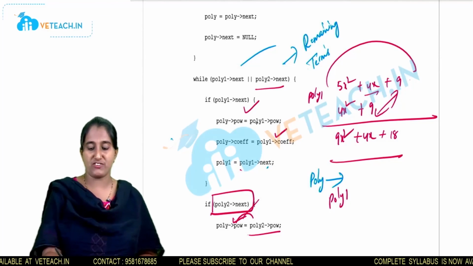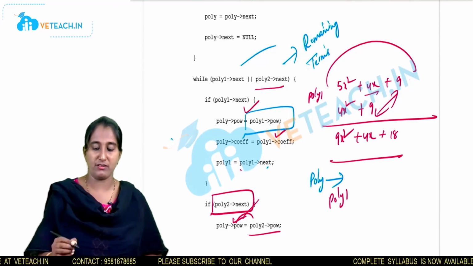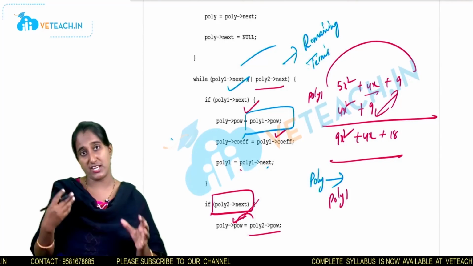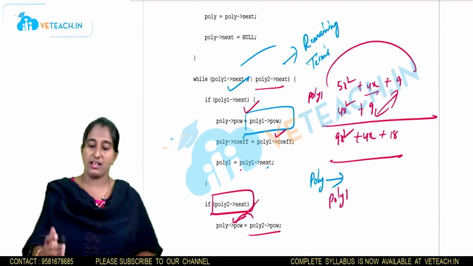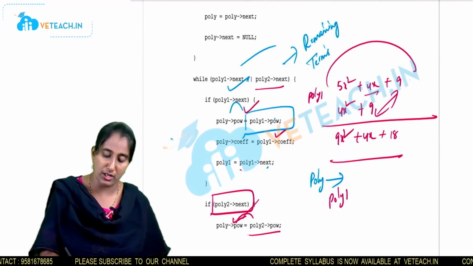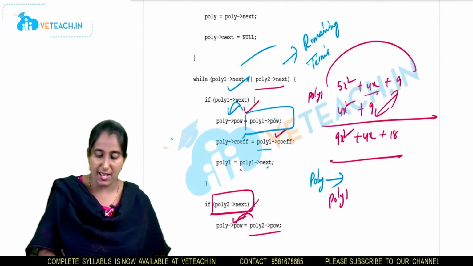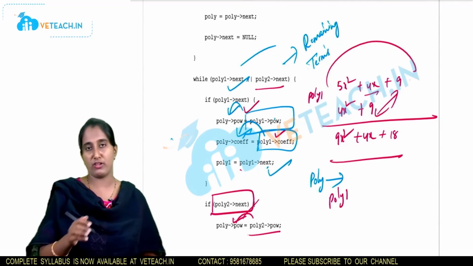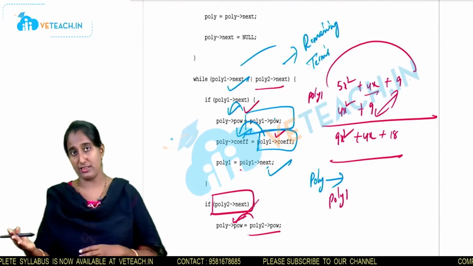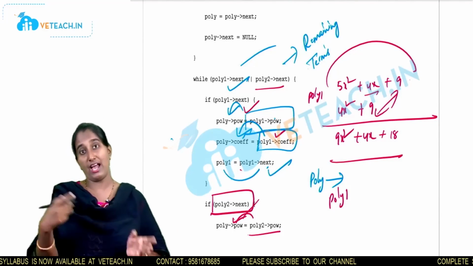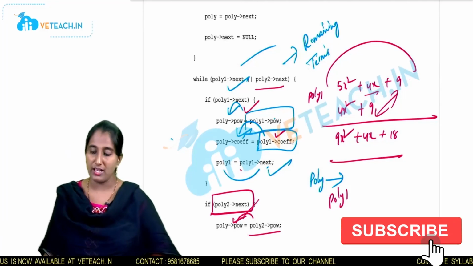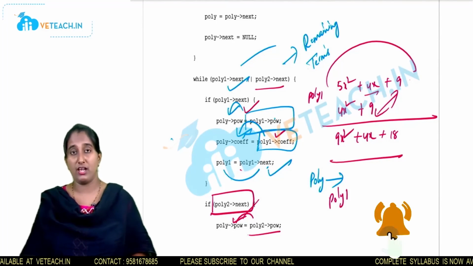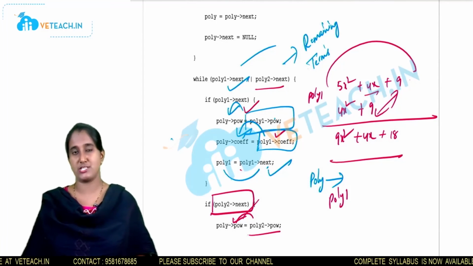So what we do is first we go for the poly 1 expression, and if a node exists in poly 1, then you should carry the power to the poly, and the coefficient should also be carried to the poly. Okay. And we should move poly 1. If there is any next node in poly 1, we should move poly 1 to the next node. Okay. This is how we represent the addition of two polynomials using a linked list.